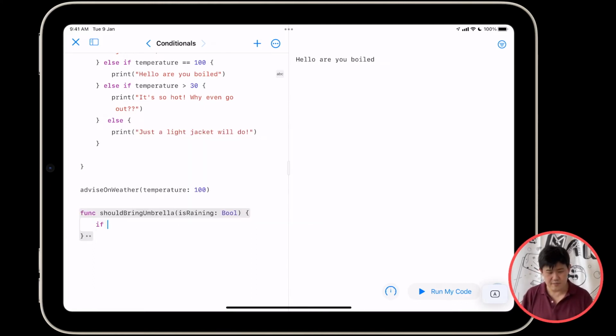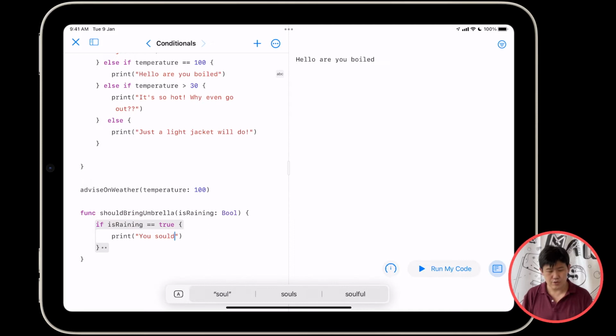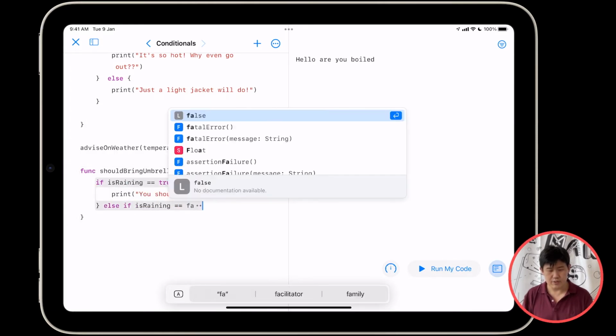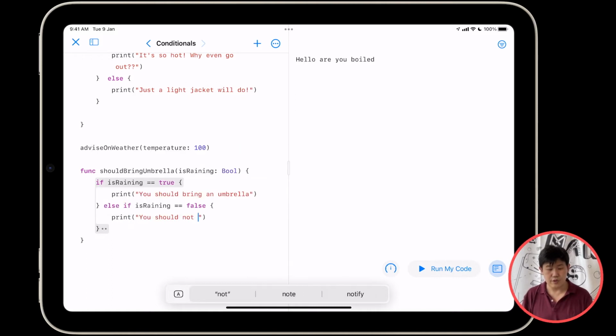So if isRaining equals true, print you should bring an umbrella. Else if isRaining equals false, print you should not bring an umbrella.